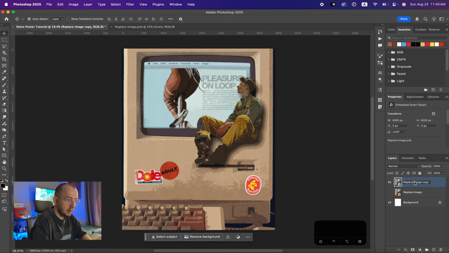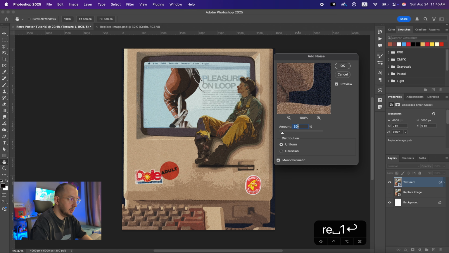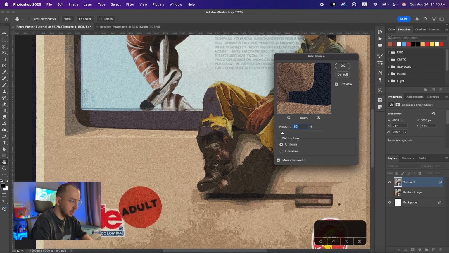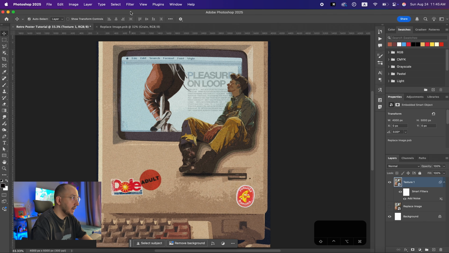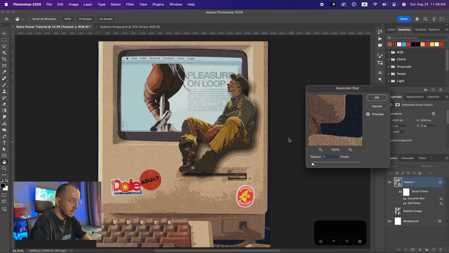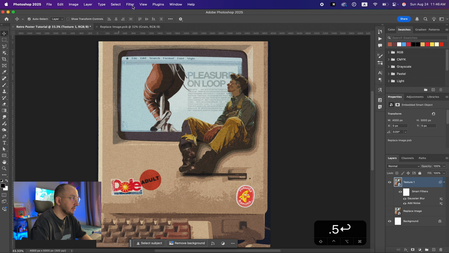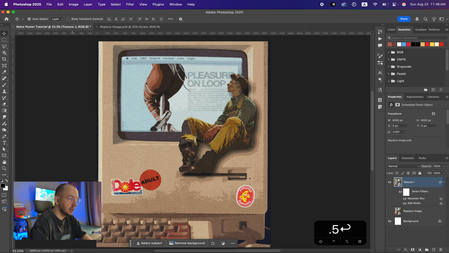And here I will say texture 1, and what I'm going to do here is to just go to the filter, noise, add noise, and put it around 30 is actually nice. Yeah, 30 is nice. On the uniform and monochrome, again go to the filter, blur, Gaussian blur, and I'm going to give it a bit of a blur here, so I'm just going to 0.5. And after that, I would simply go to the image, adjustment, and threshold, and